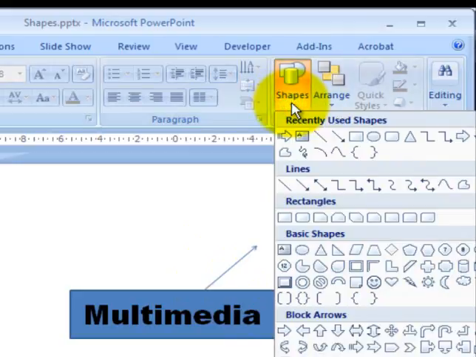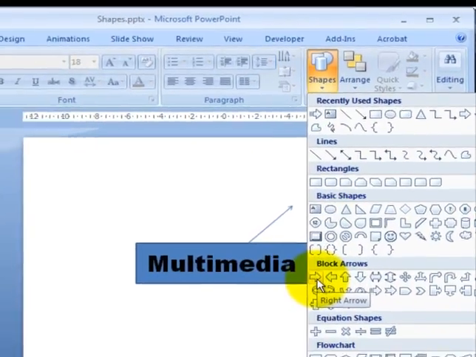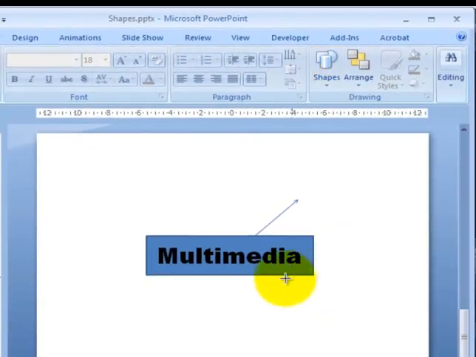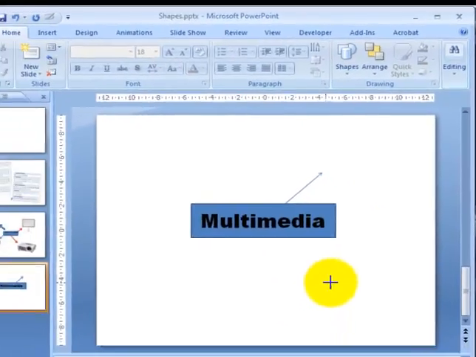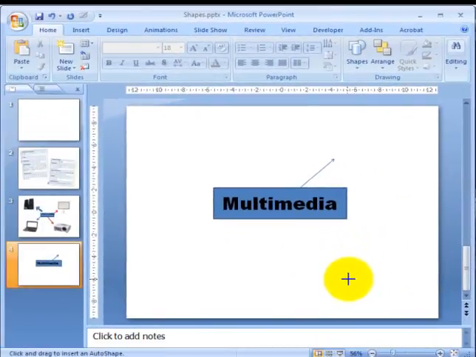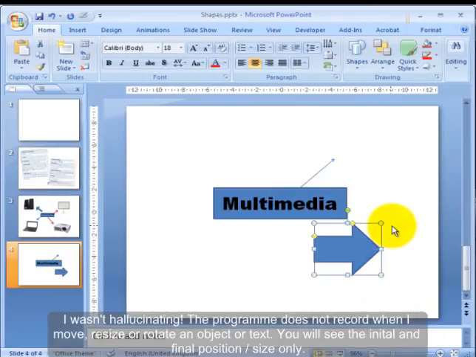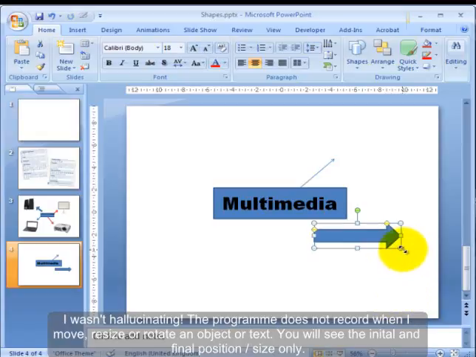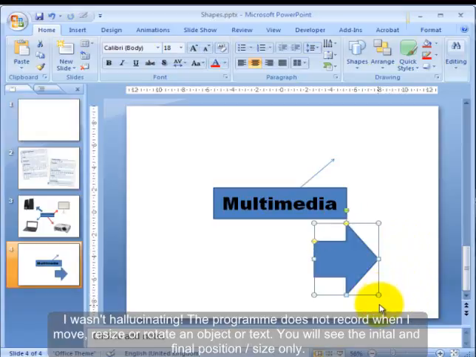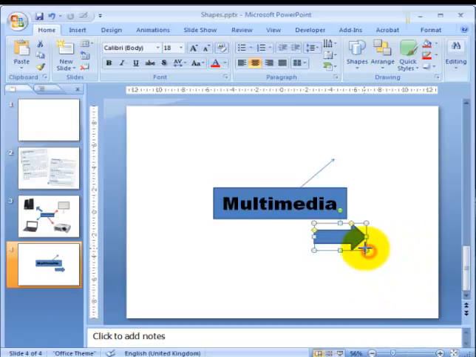I'm going to click again on shapes. I'm going to choose a different type of arrow. Can you see that you've got here, it says right arrow. I'll choose that one, and I'm clicking, and without releasing the click I'm giving the shape that I want. You can modify the shape as we have seen in text by clicking on the circle. You can make it narrower, longer, see, narrower and longer, or wider and shorter. I'm going to make it smaller in this case because I don't need a big